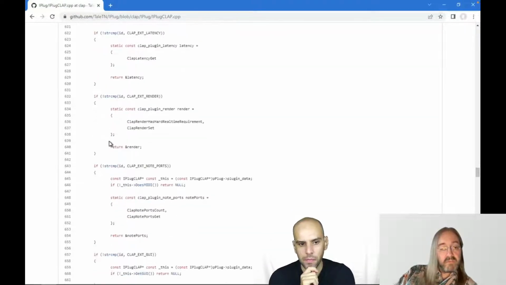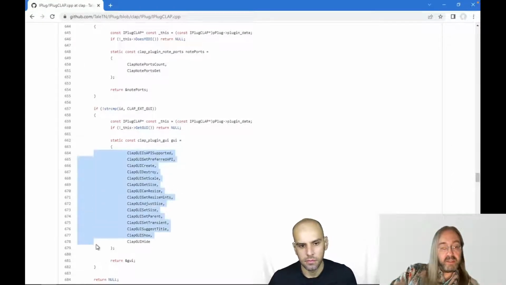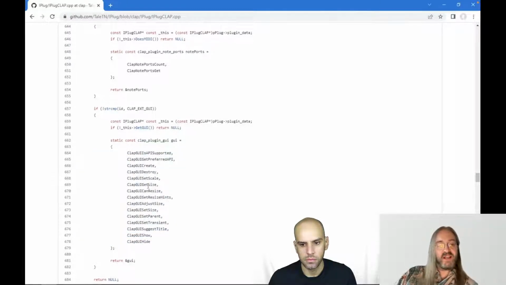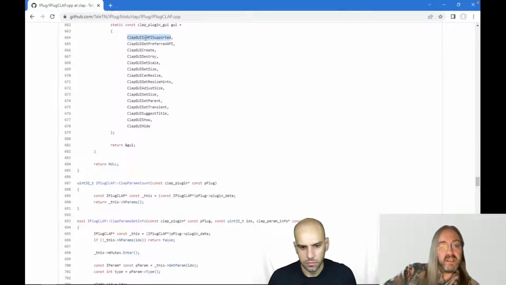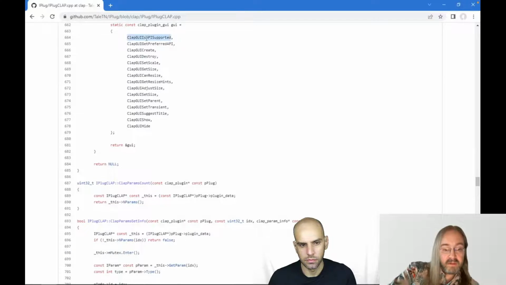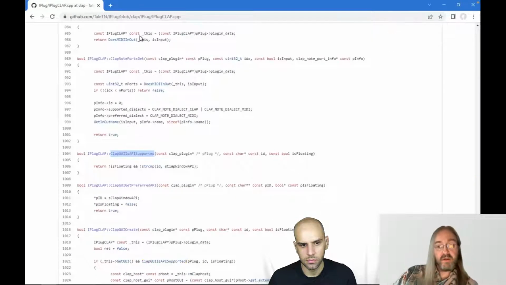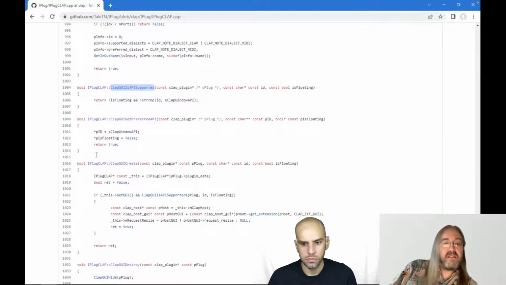Yeah, sure. So for example, first I didn't have a GUI, and this is all the function pointers for the GUI. But you have to realize that if we have this many function pointers, we also have this many functions. So I was very happy that as long as I didn't want a GUI, I could just leave this out. And it means I can also leave out all the functions this is pointing to. So if I search for this function, yeah, all of the code from here and down below is all the GUI code. So I didn't have to do that at first. I could test parameters before I added the GUI, which was very nice.